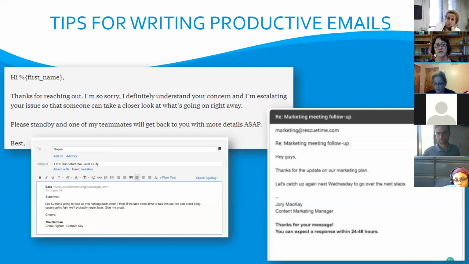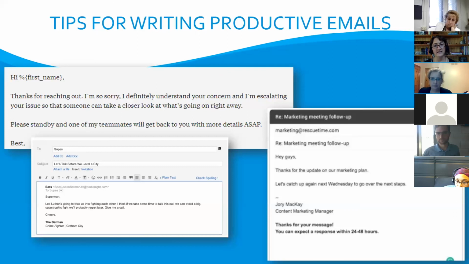The thing I'll say about texts and instant messages is that texts are just a little bit different from email because they're by nature shorter. And I don't know the age of anyone in our class today, but particularly the younger folks among us tend to use abbreviations in text and certainly in instant messaging. Do not use abbreviations or text shorthand in an email.